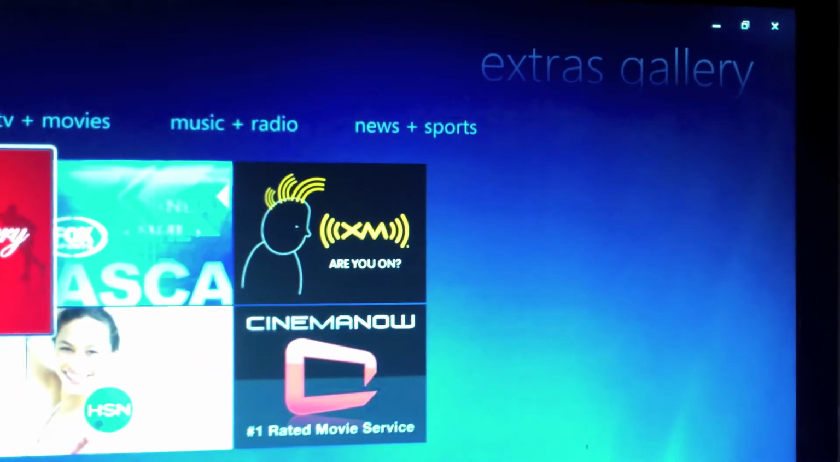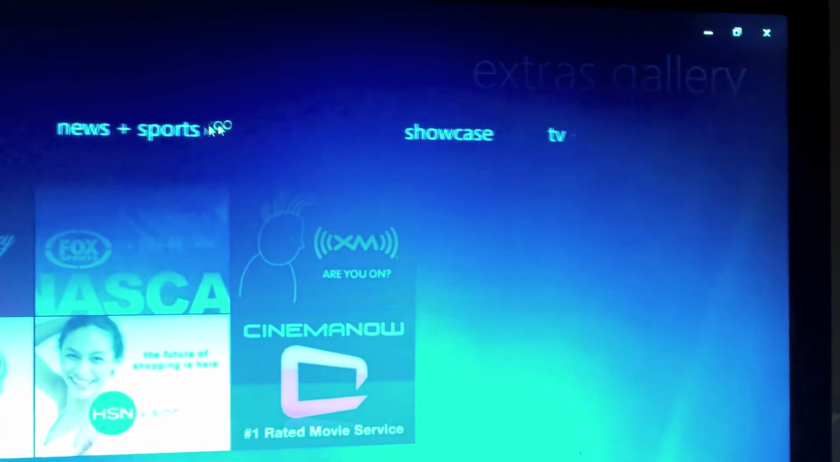Do you want to add a desktop gadget? No. You got your extras. I don't really know what these are, but